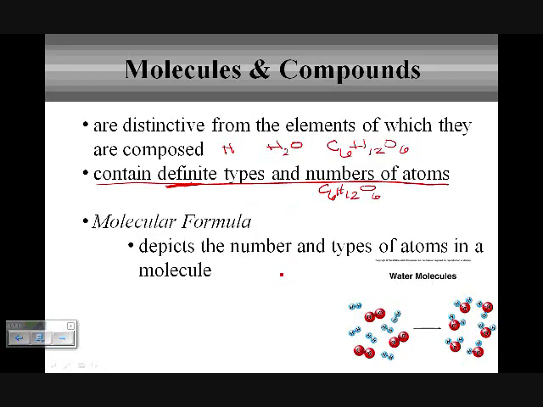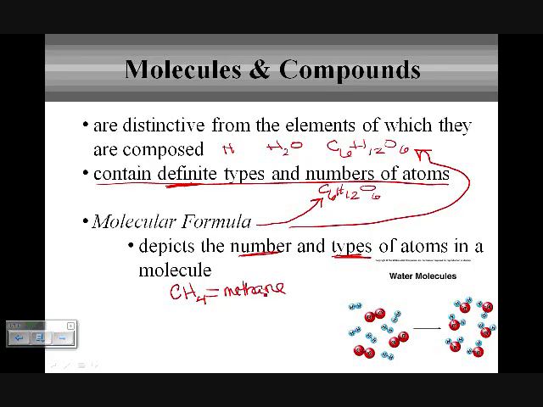So that molecular formula, like I was just demonstrating, is going to be exactly what I've been drawing on these previous slides. A molecular formula gives you the number and the type of atoms. So you need to indicate that it's going to be composed of carbon and hydrogen, and exactly how many. So when we look at methane,